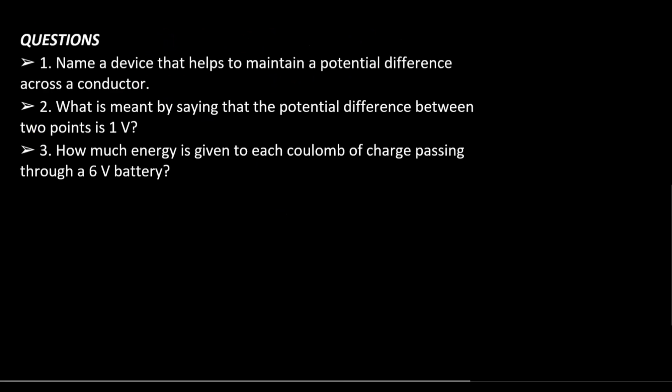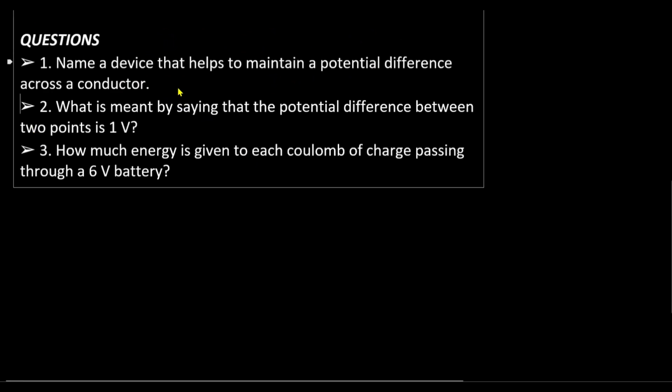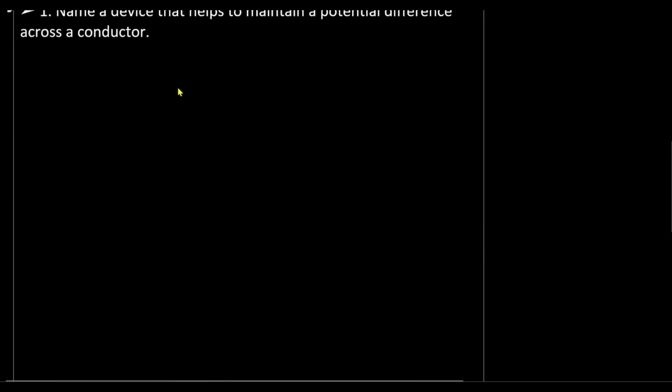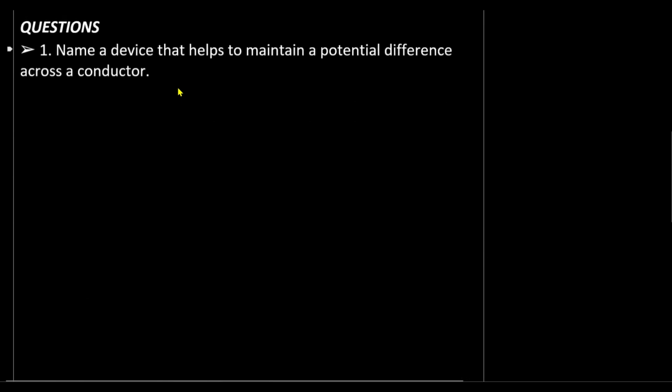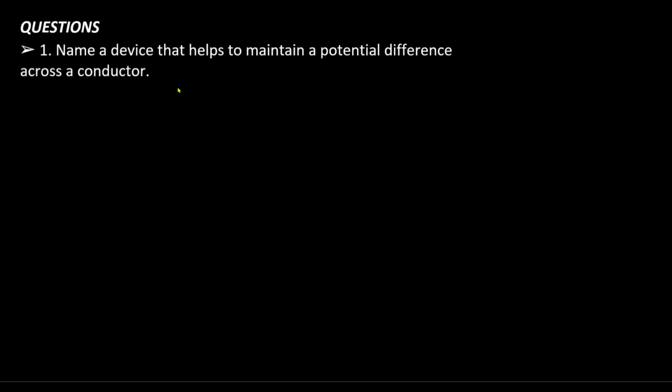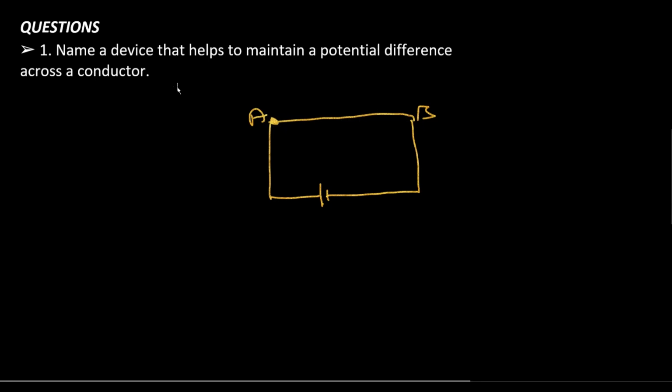As for the first part, now the next question is, we have to name a device that helps maintain a potential difference. So let's say for example, if I make a circuit here, and let's say this is the conductor, say AB is the conductor. As you know, the charges will not flow from one end to another, or maybe from B to A, unless they are connected with a source through which